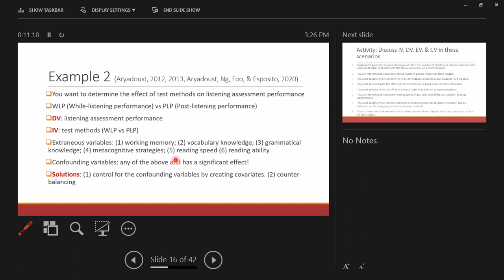Another example, which is more closely related to language research, is inspired by the kind of research that I've been doing in the past few years on listening comprehension. The terminology that I have come up with is while-listening performance and post-listening performance. I introduced this around 2012 and 2013. Actually, this is my PhD thesis, and most recently we just finished a research study where we just published